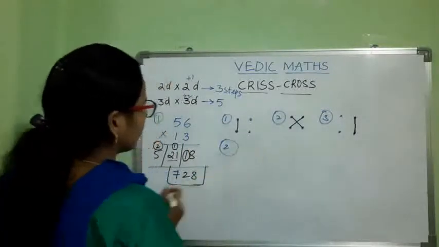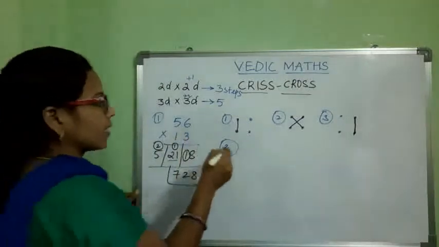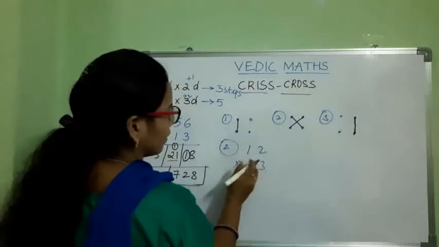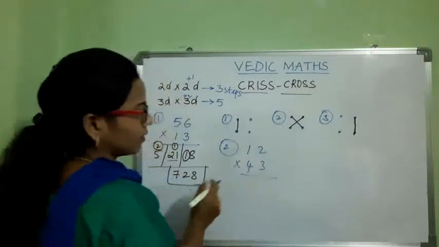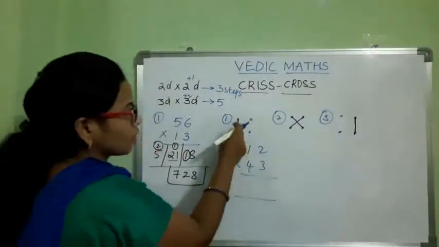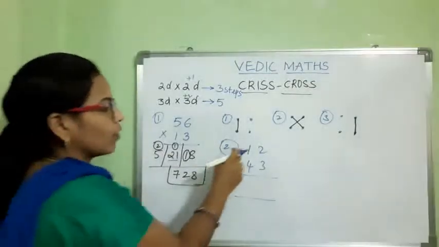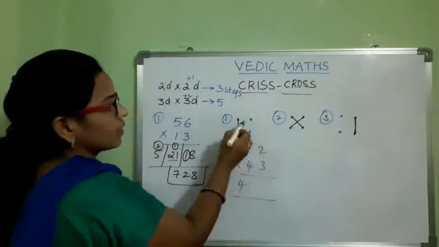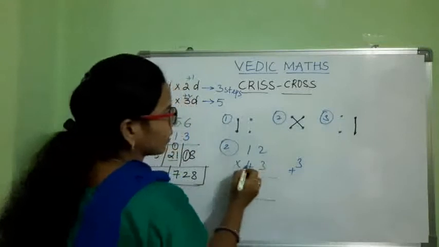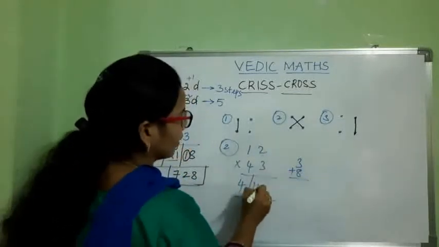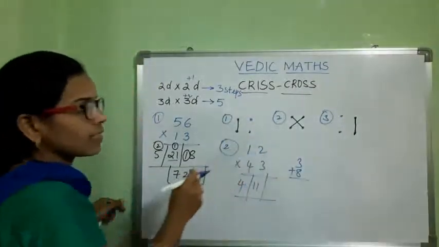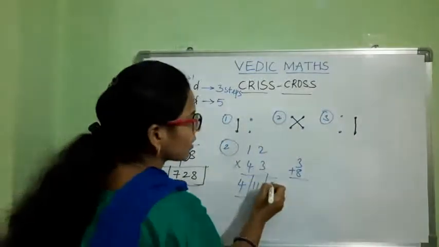For example, to get single digits, I will take small numbers here. Here I take another one, not 2, because we already have 2 here, so I have changed it. First step, multiply the first column digits. 1 4 is 4. Next, cross multiplication of 1 and 2: 1 3 is 3, plus 4 2 is 8, so here 11. Next, multiplication of the last column digits: 2 3 is 6.